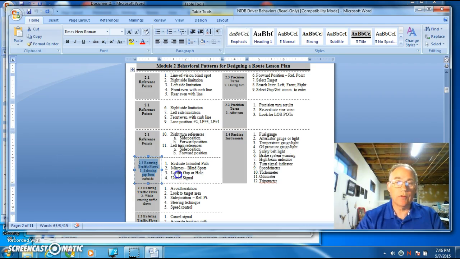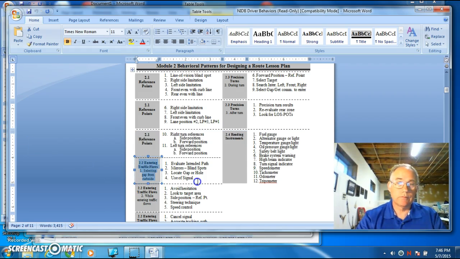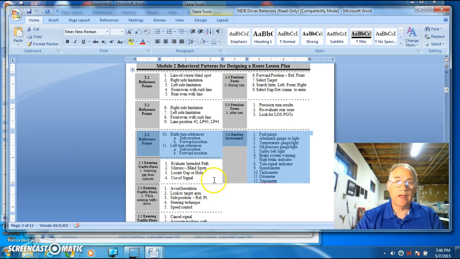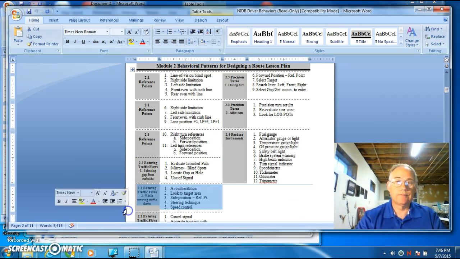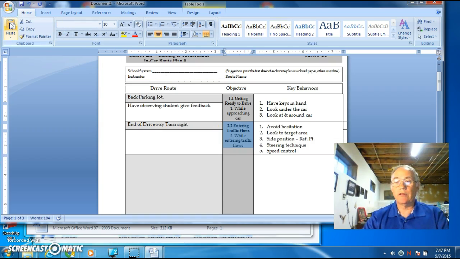I'm having a few problems here, but we'll get it. Bear with me, we'll get it. There we go. We'll go with this one. Click, copy, and paste. So that you can go through that and match up the behaviors for the location, and you can